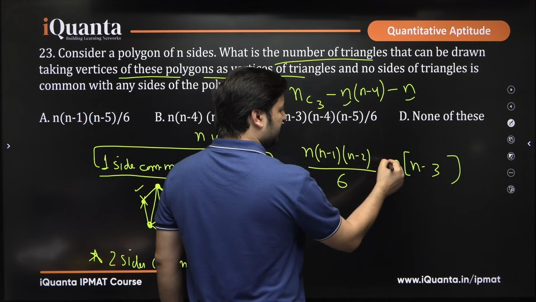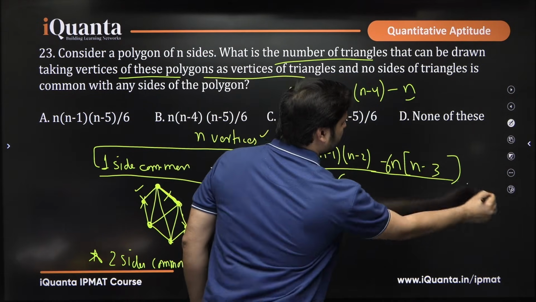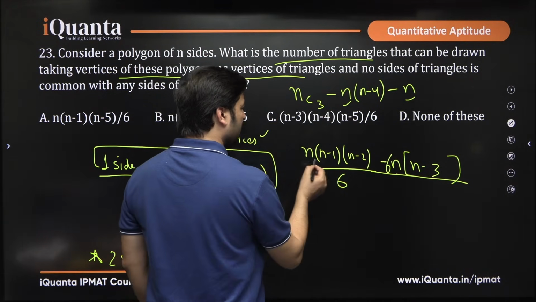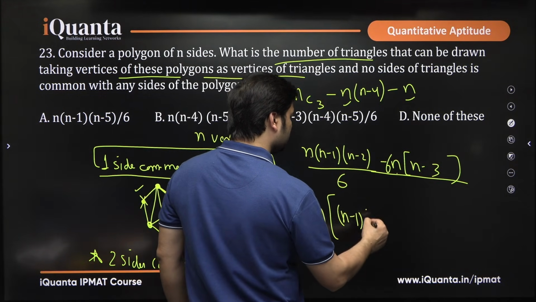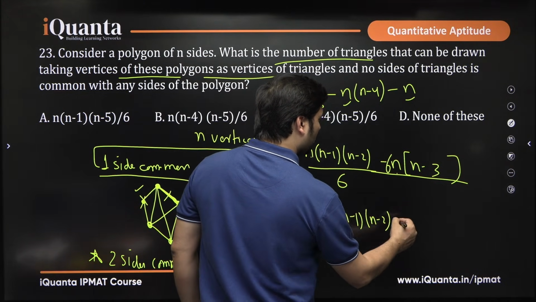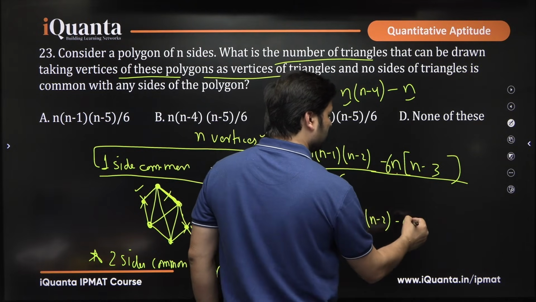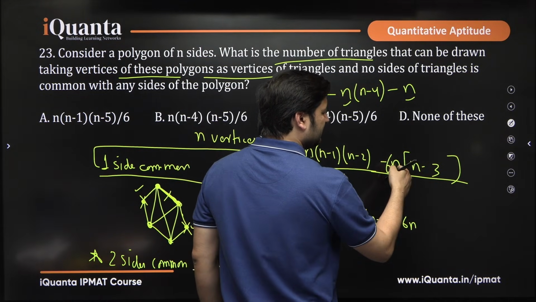Now this 6, if I take LCM, this 6 goes here and I can take it like this. n is common here, n is common here. Can I take n common? What do I get inside? I will get n minus 1 into n minus 2. n is common here, we can take minus 6. Minus 6 into n is minus 6n, and minus 6